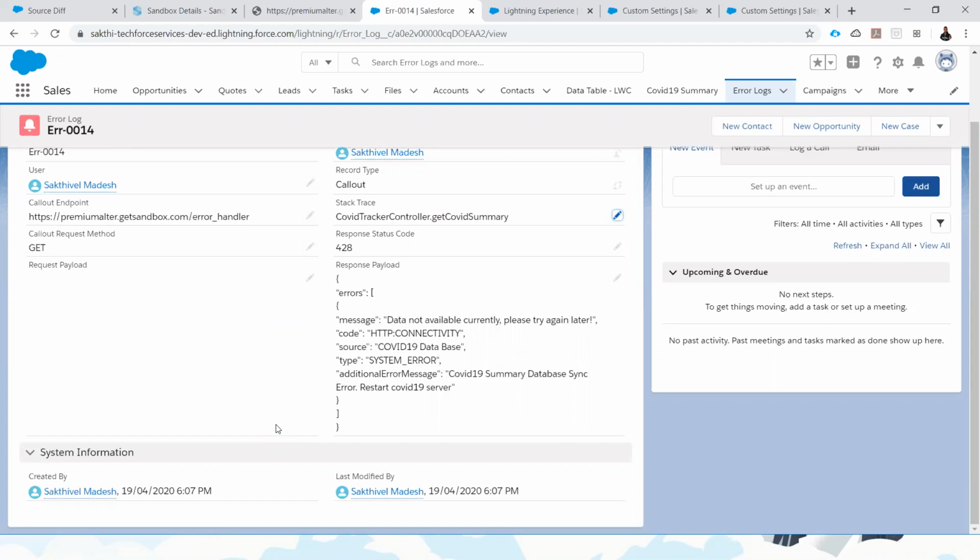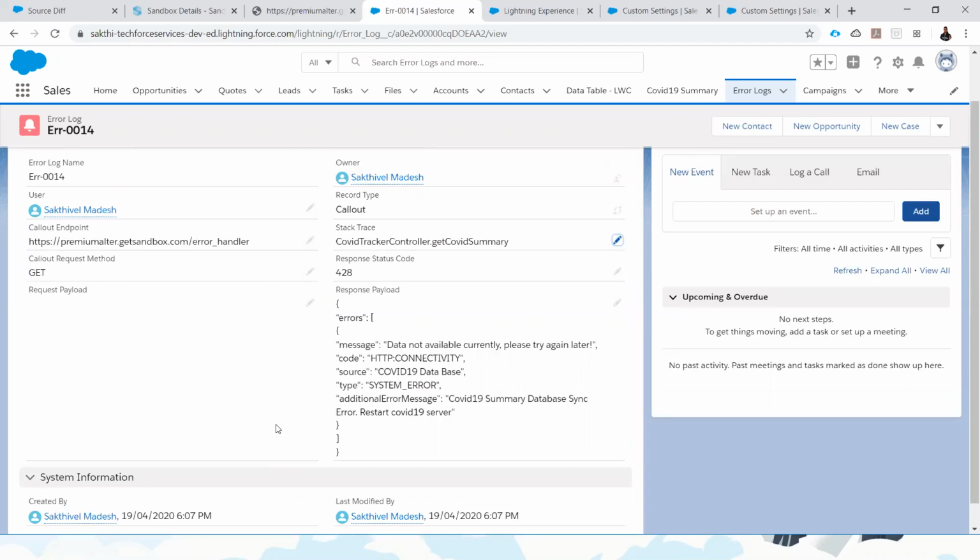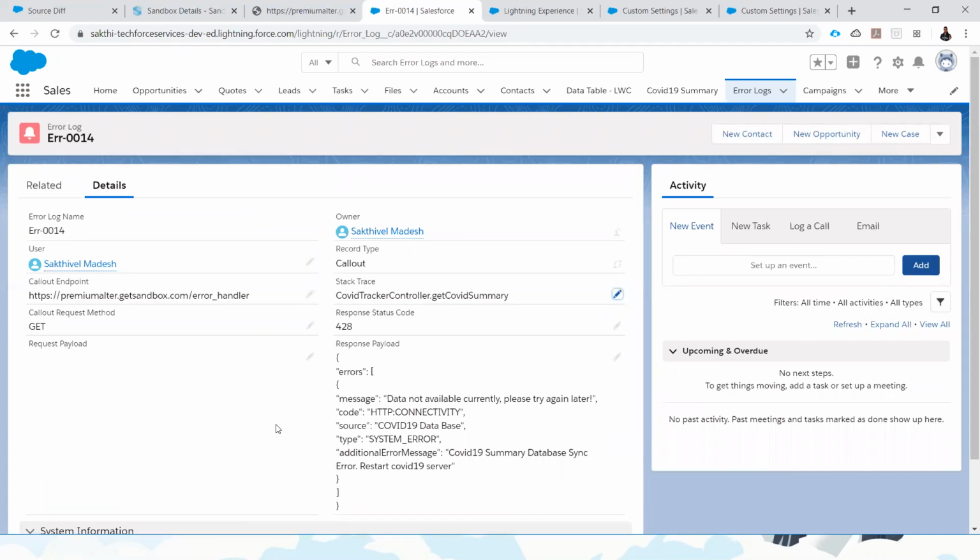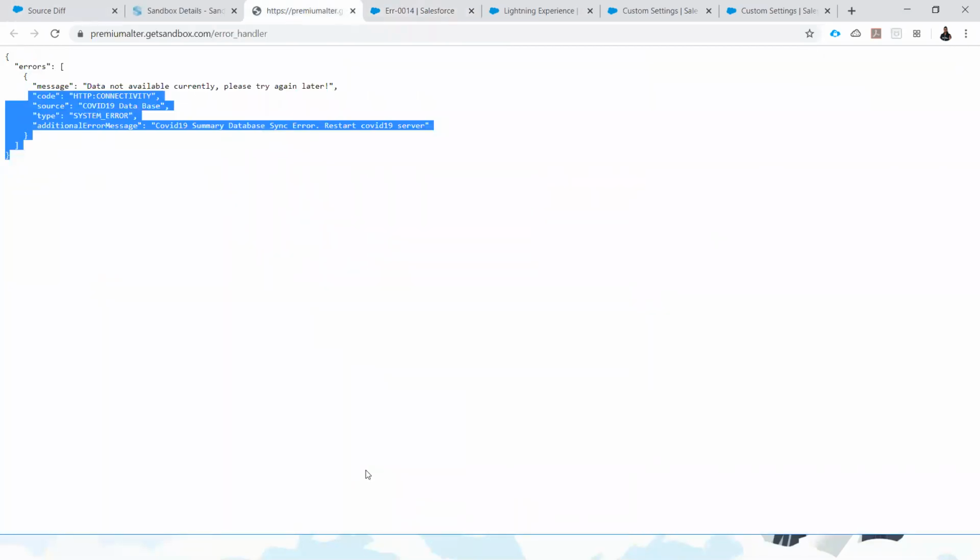Shakti, just one thing. I wanted to understand why couldn't you use a named credential there instead of a custom setting? Yes, definitely we can use a named credential, but for the short term I used custom settings. Here, this is a public API. We don't need any username and password credentials to get the record, so that's the reason I straight away used custom settings. But for security reasons, if we want to pass a username and password in order to connect with an external system, then definitely we need to go with named credentials.